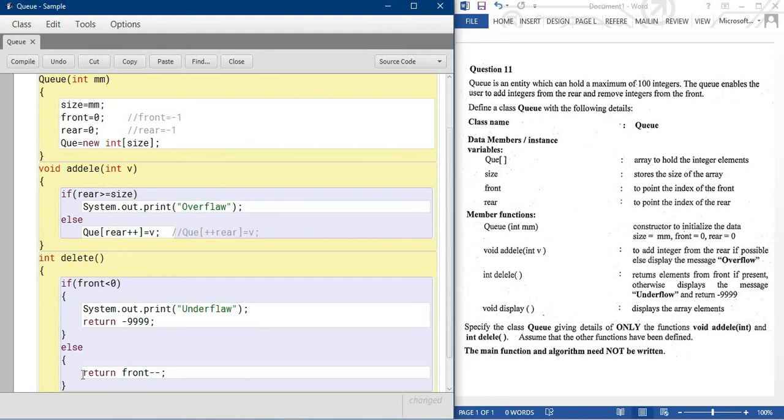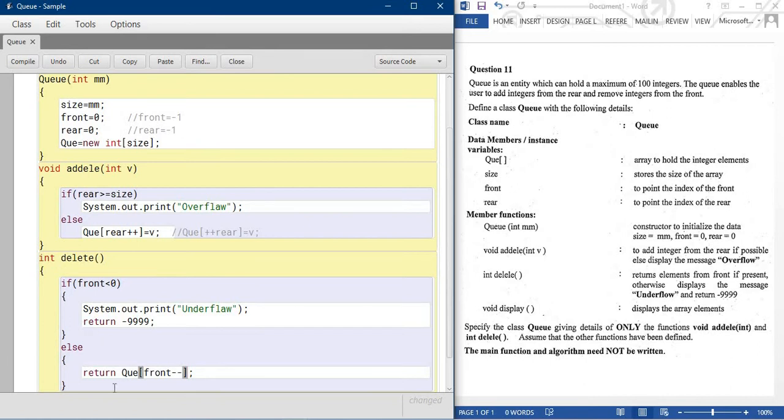Okay, so do one thing, you write the Q, because the value you are deleting you can see from the return. Okay, now you can see the next method is void display.